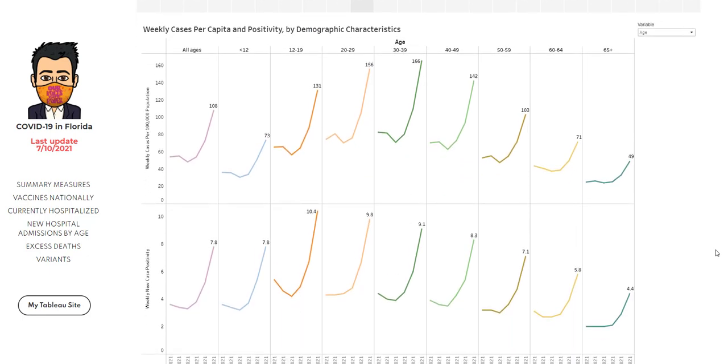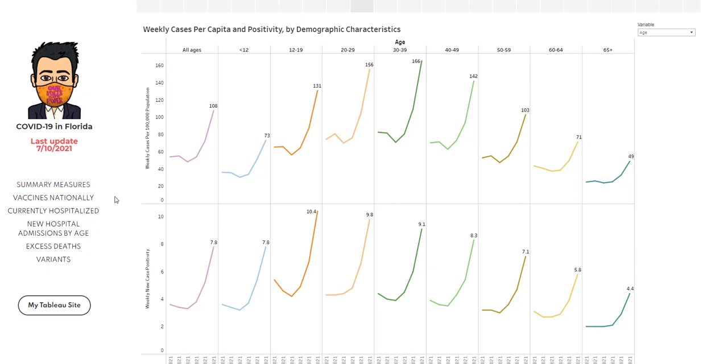This is another, it's kind of similar information, but now in graphic form. In this case, what we're doing is we're comparing two metrics. On the top row, you're seeing weekly cases per capita, and on the bottom, it's case positivity. And so this is now looking over time for all ages together and then for each individual age group. And obviously, the take-home message with something like this is you can clearly see, regardless of what age group we're